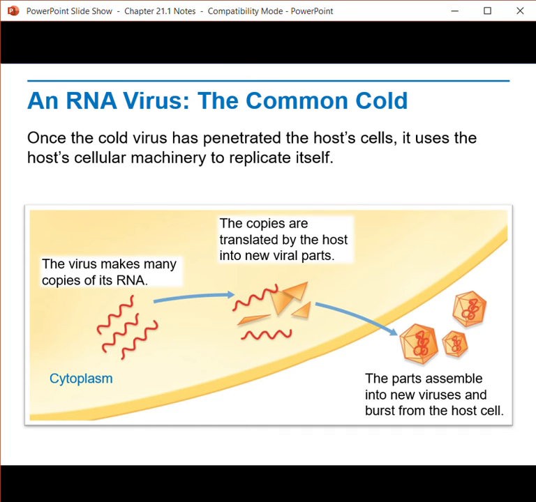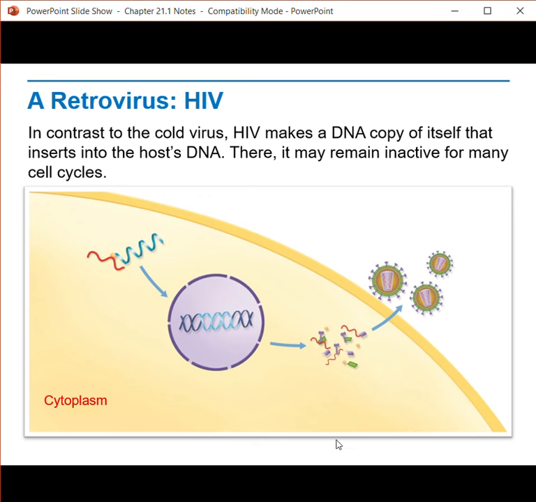A retrovirus. When we're talking about a retrovirus, when you hear the word retro, you always think of like back in the day, right? It's not technically back in the day as much as it is backwards. So, a retrovirus. The most commonly known one is HIV. In contrast to the cold virus, HIV makes a DNA copy of itself that inserts into host DNA. There, it may remain inactive for many cell cycles. So, this deadly disease